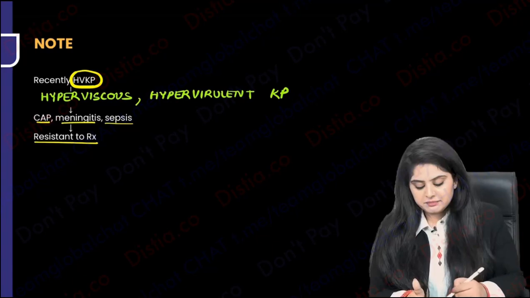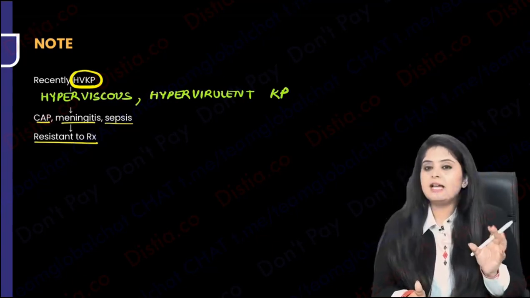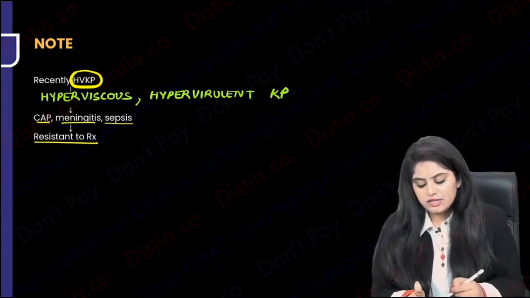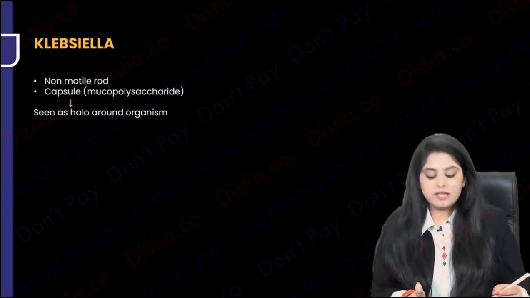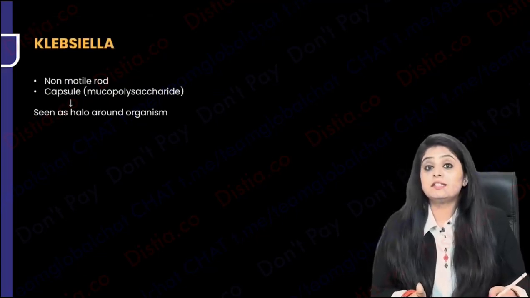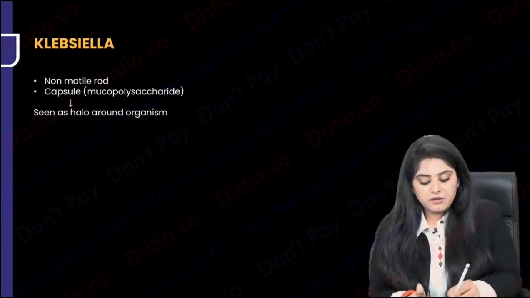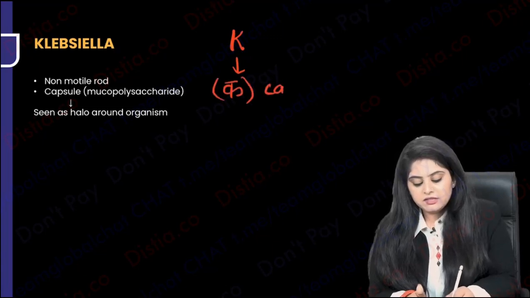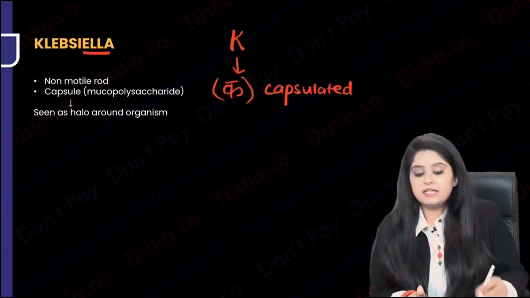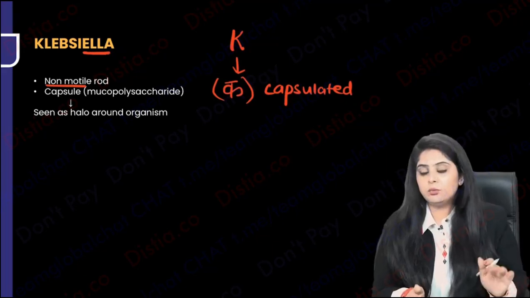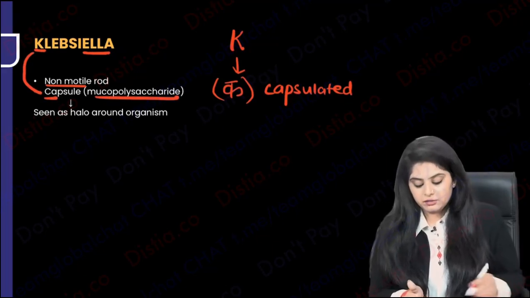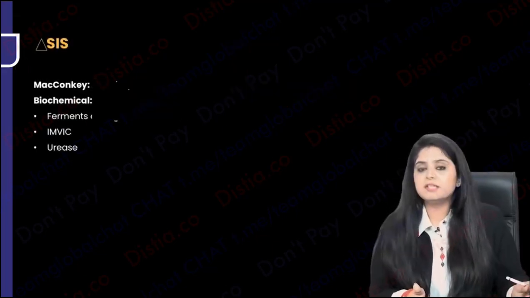Now let's come back, guys, and talk about the different, what did I say? Hyperviscous. You will say, ma'am, if you're saying hyperviscous, is it viscous in general? Exactly. That is what I want to come down to next. What exactly is its morphology and its testings? So please note that K for Klebsiella, and you need to know that Klebsiella, K wala sound na. So this means it is a capsulated organism. Yes, Klebsiella, ella tells you it is not motile, ella is no motility. And Klebsiella tells you it is a capsule made up of mucopolysaccharides. So now, because of that capsule, is there something that you're going to find out?